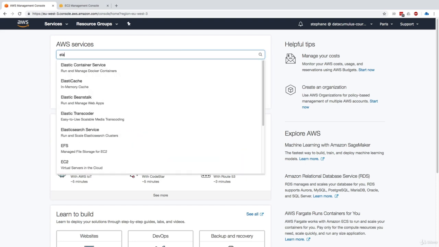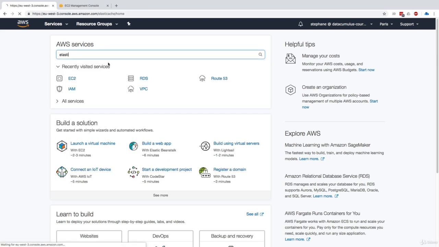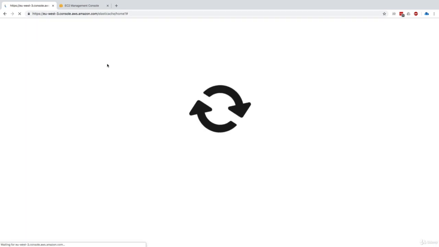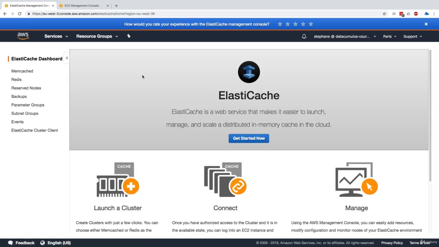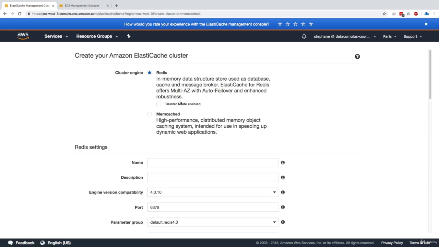So in my console, I will type ElastiCache and we get the in-memory cache. By the way, cache or cache, I never know, but I'll just say both, okay? So ElastiCache, when you get started, you click on Get Started Now, and then you'll be able to choose the